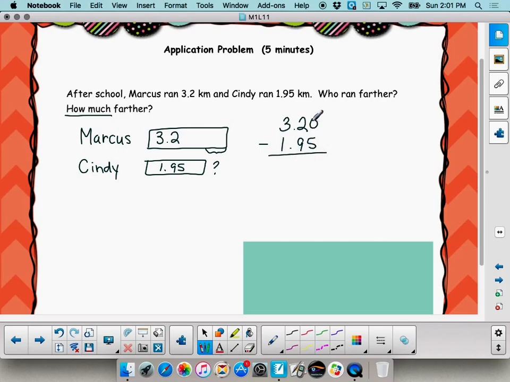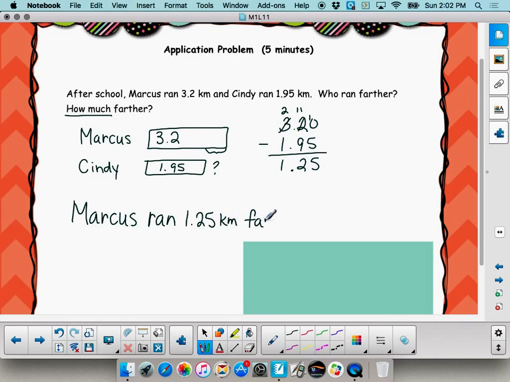This is just like yesterday's lesson. 10 minus 5 is 5. 11 minus 9 is 2. 2 minus 1 is 1. So the answer to the problem is Marcus ran 1 2/25 kilometers farther than